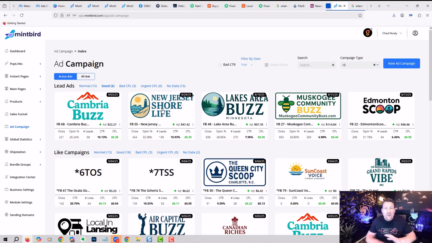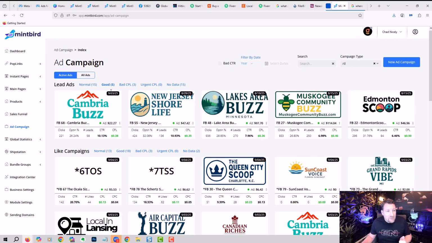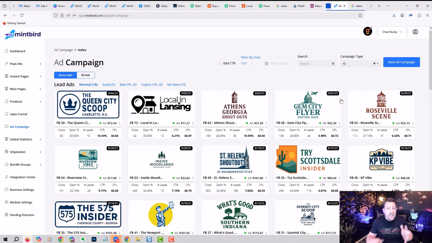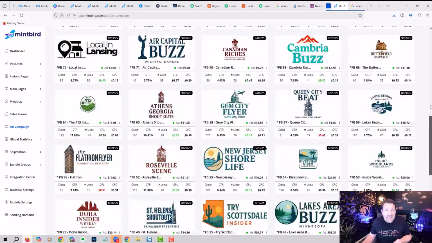So if you look here, these are all campaigns that our company is running for our customers, right? So this publication here is getting cost per lead 38 cents, 35 cents, 36 cents, 46 cents, 50 cents, right? So it's really, really cool how it goes through there and just pulls the data from Facebook, right? So I just wanted to stick that in there because there's something here for everybody, the most advanced marketer, and then the people who are just starting out that just want to start generating leads from paid media and everything. You can see that we do a lot of this stuff, but that's a topic